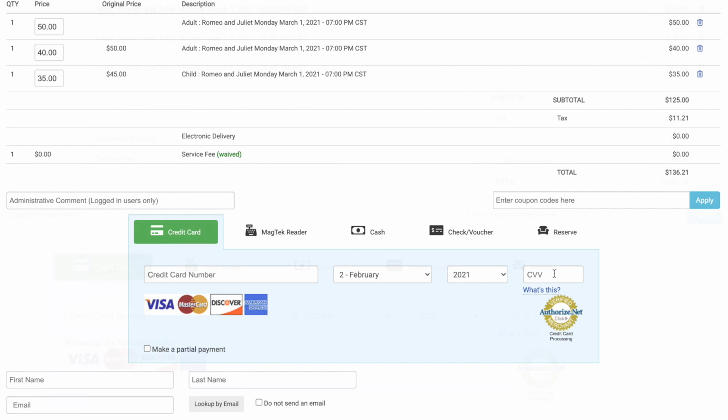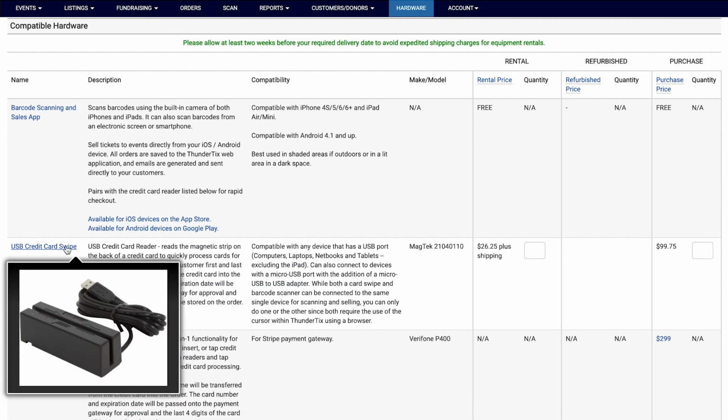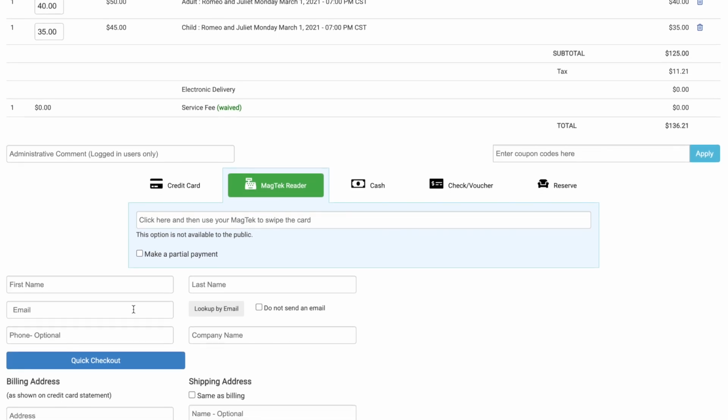In the menu, under the Hardware tab, we offer USB-connected credit card readers. These expedite order processing. With a credit card reader, simply place your cursor in the credit card field and swipe the card. We'll enter the customer's first and last name, the card details, and submit the order automatically. Make sure you record details such as an email address or street address before swiping if you want to record that additional information to your customer database for future marketing purposes.